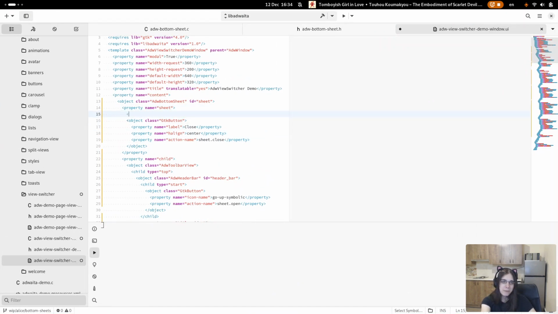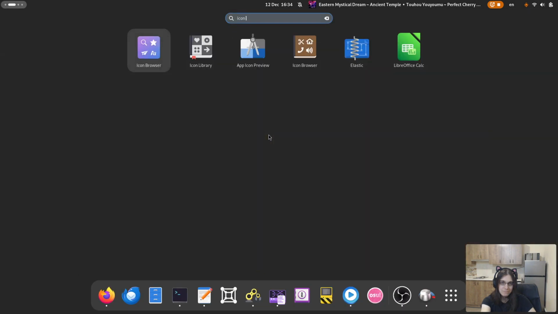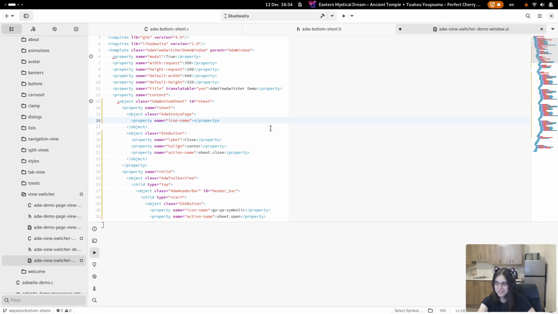Okay, so now I want to use something more fancy in here, like a bottom sheet. Bottom sheet stats page. I can name. What do we have?